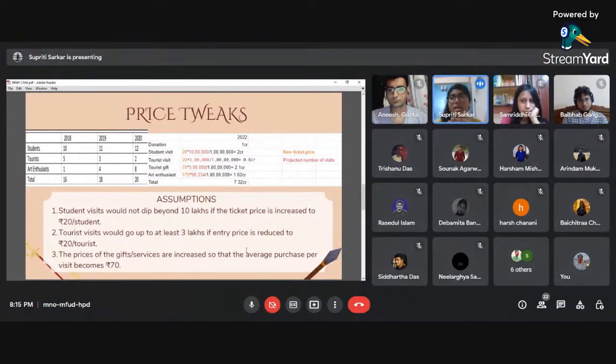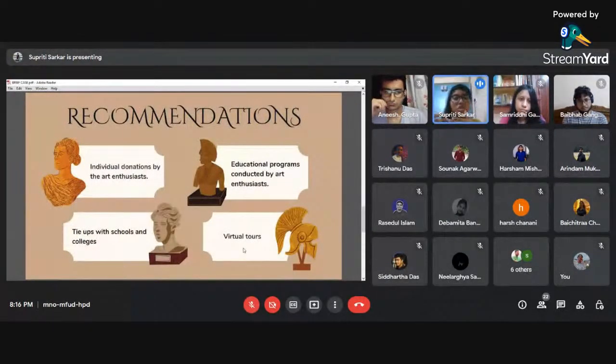We could use this in order to collect donations from these art enthusiasts. We could create a community of these art enthusiasts who would interact with one another, and we could create a members only club, and these members could definitely help us with some donation, and therefore we could increase the donation price to over 1 crore. Also, these art enthusiasts could conduct educational programs for the tourists, visitors and students, and that would be funded by the museum. And there would be a minimum entry fee to these programs, which would go to the profits for the museum.